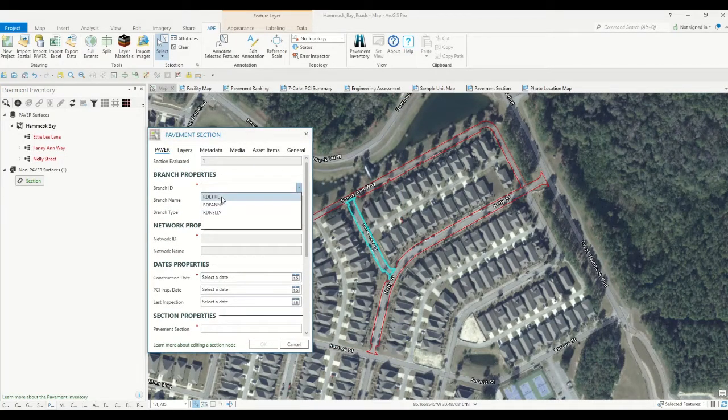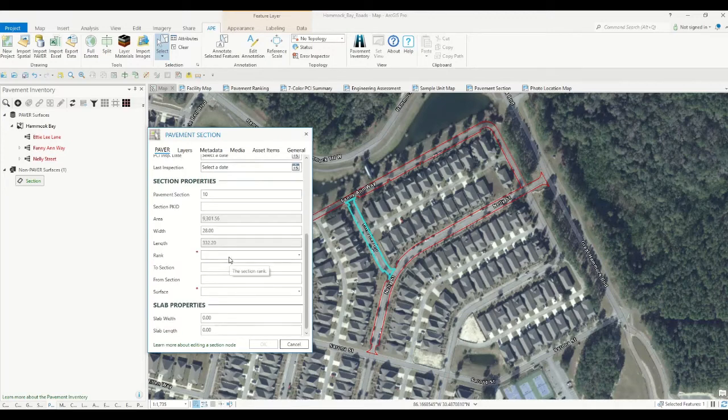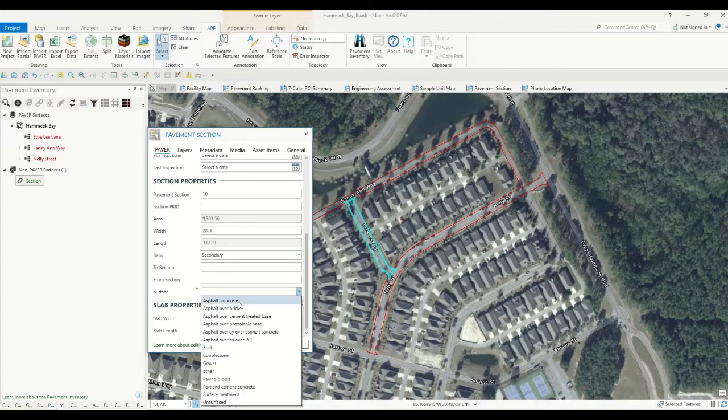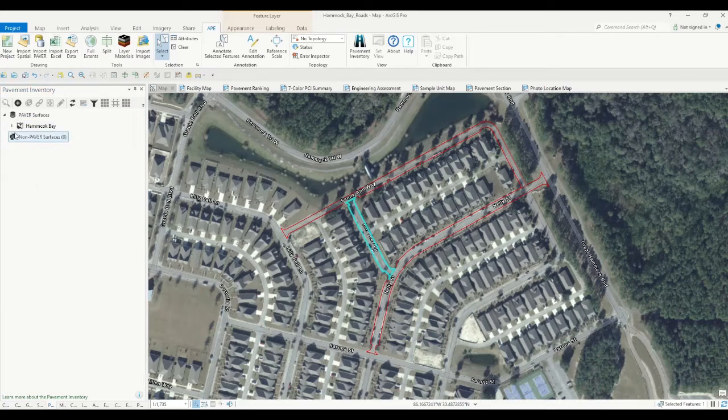This is Eddie. Section 10. We're going to rank this as secondary because this is not a primary road. Asphalt as well. And hit refresh. So now all these are in their correct